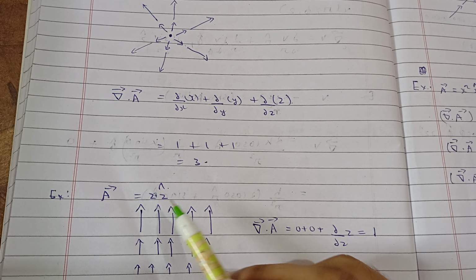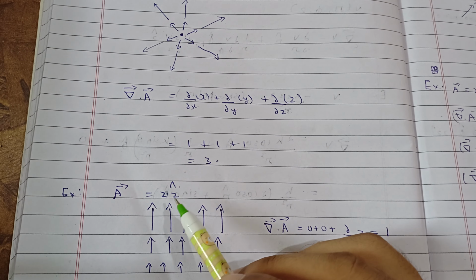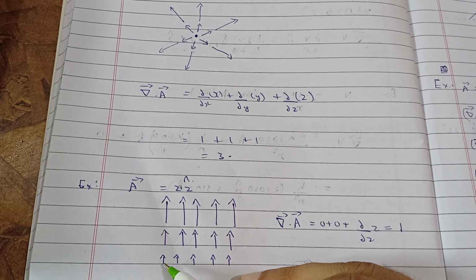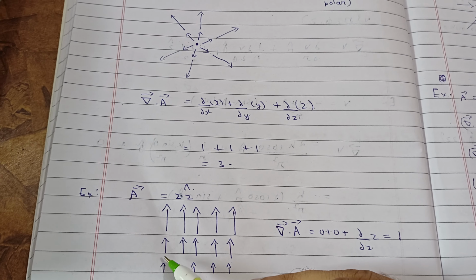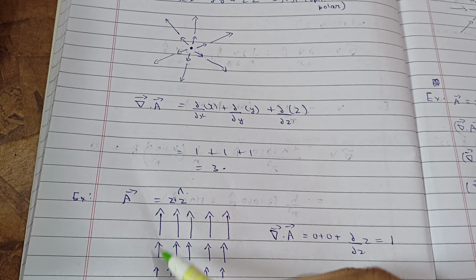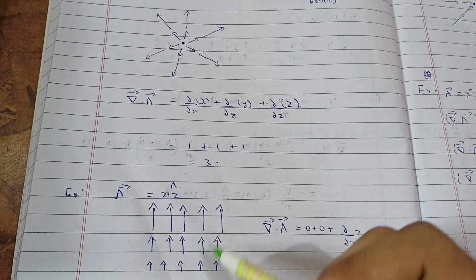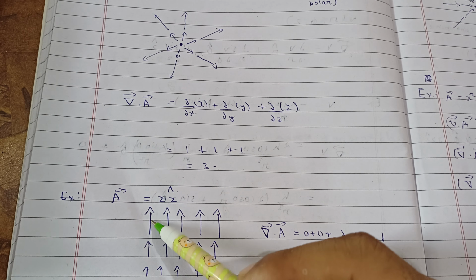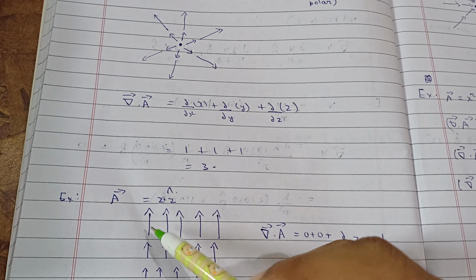Vector field is A equal to z z cap. Now see, it will always be in the direction of z cap, but for the first point the tail will be here and the length will be small. For this point the length will be large, and for this point the length will be even larger, and this is increasing. Now see, at any point you will see that it is less downward and large outward. So we'll get a divergence here also.